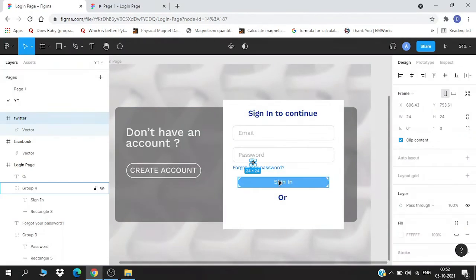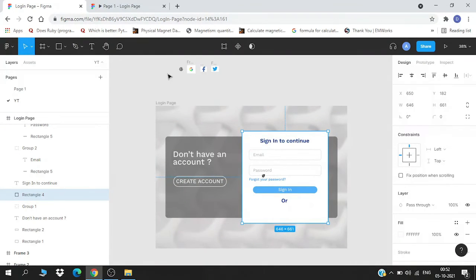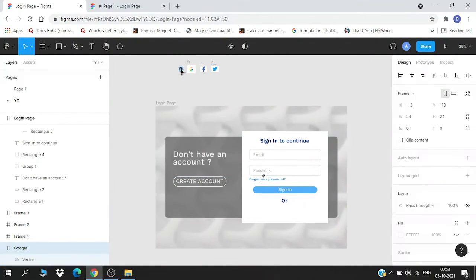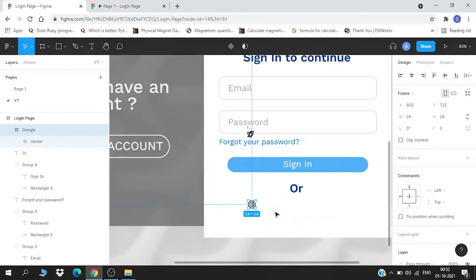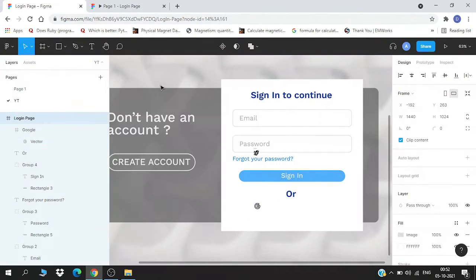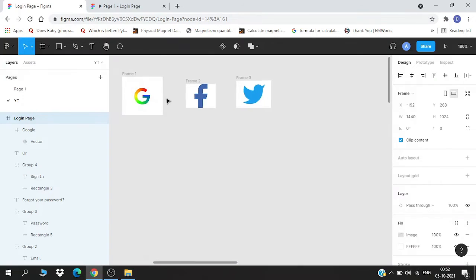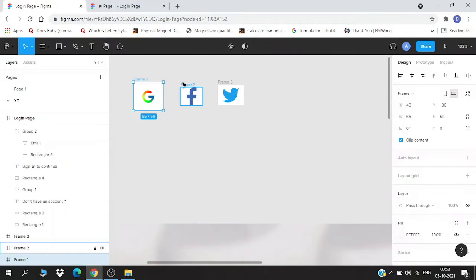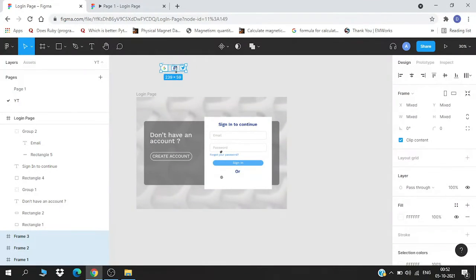So we will create this on our own. I have just created it beforehand, and I'll just drag it. Creating them is really easy, not a very difficult task. Using the line tool, you can trace the original icon. I have taken these pictures which we are going to use for the hovering effect. I will drag them, and here it is.